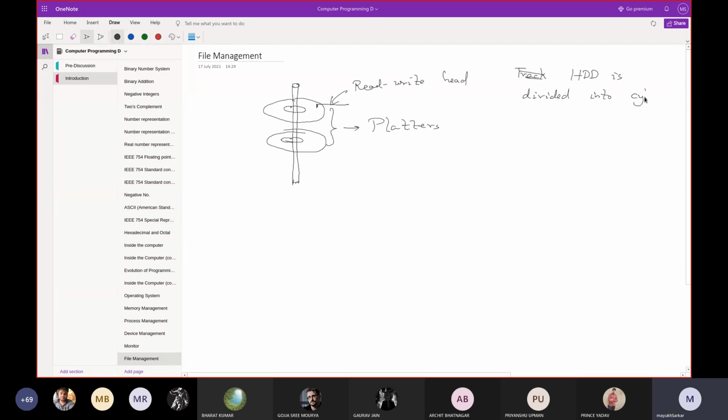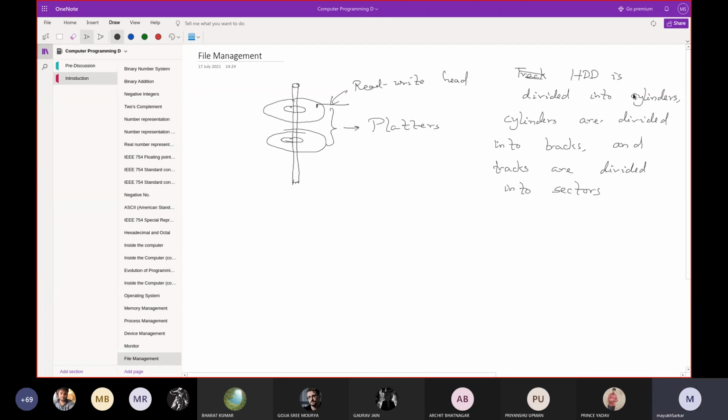Cylinders are divided into tracks, and tracks are divided into sectors.